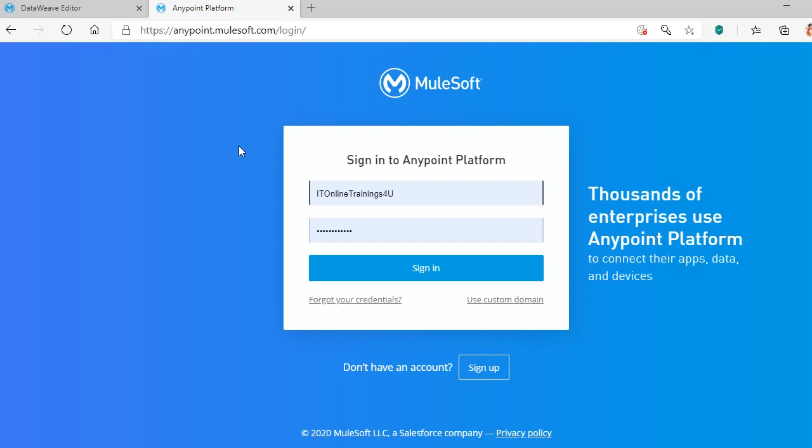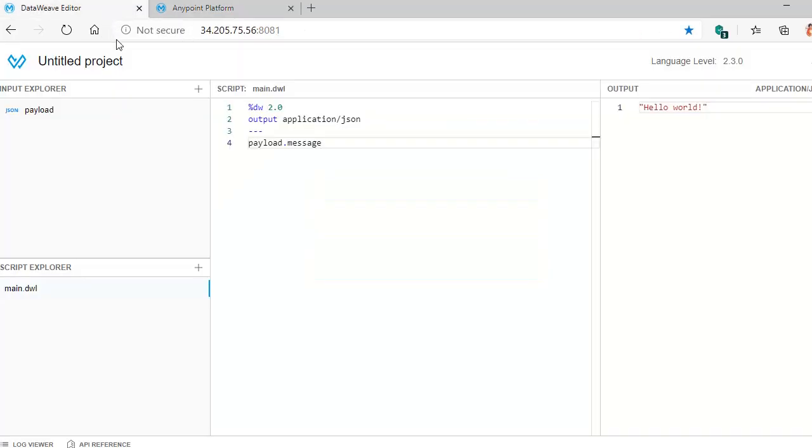So instead of using DataWeave directly in Anypoint Studio, we have one DataWeave editor playground tool which is available in the cloud. This is a separate DataWeave tool, and you can utilize it to do your DataWeave transformations.